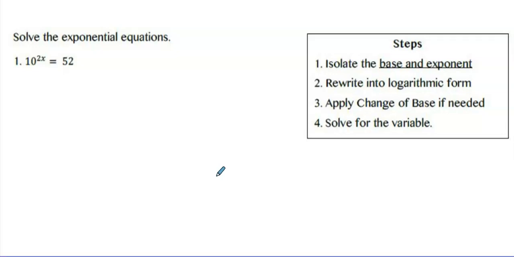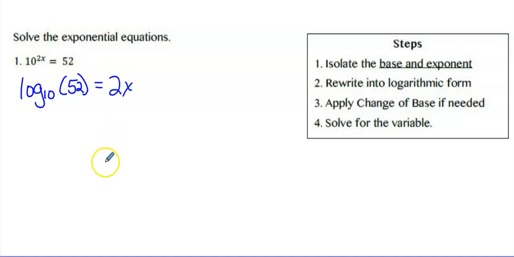So if you look at the steps over here, the first thing that we have to do, though, is we have to isolate the base and the exponent. This is already done that way. So we've already isolated the base and exponent, rewrite in log form, apply change of base if you need to, and then solve for the variable. So we're going to rewrite this as log base 10, 52